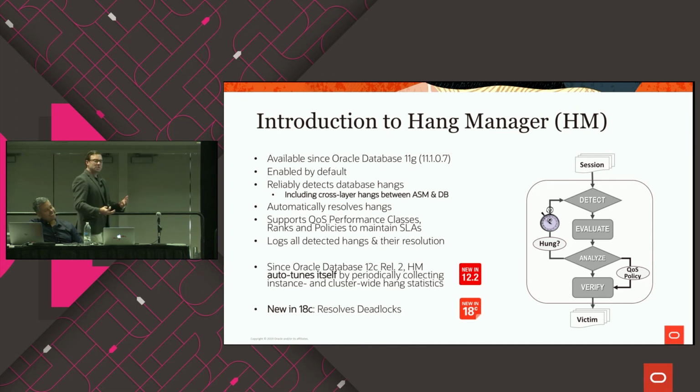So now that we do this, you may understand that there is a certain amount of time that Hang Manager needs to actually detect and consequently kill the hang. And right now it's about 95 seconds. Don't correct me, guys. 95 seconds. Now the other thing that you need to consider is, well,